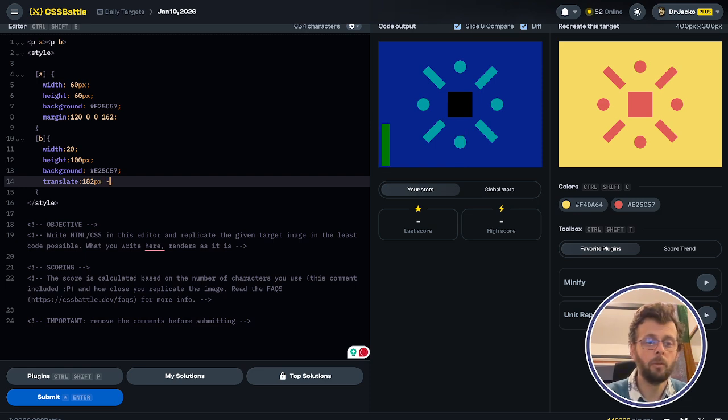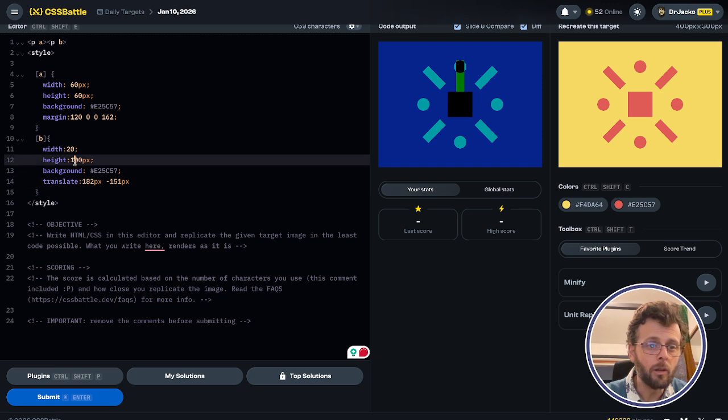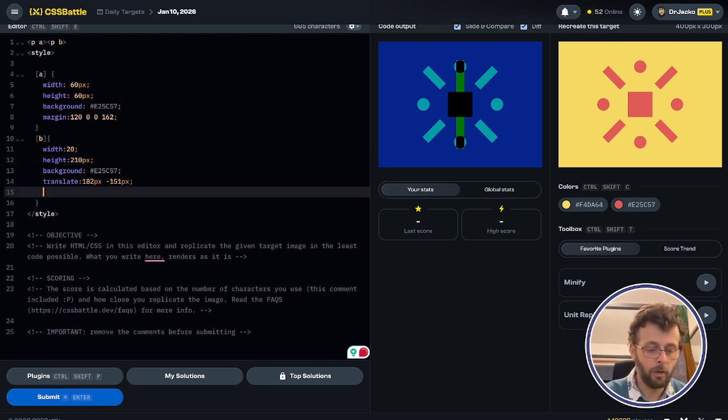To go minus. Let's try 100px for now. We're going to get to the top of that circle. So we're going to go 130, 140, 150, 160, 150, 152, 151, maybe. And let's go the height. So now the height will go to 210. Yep. Now, if we do a rotate